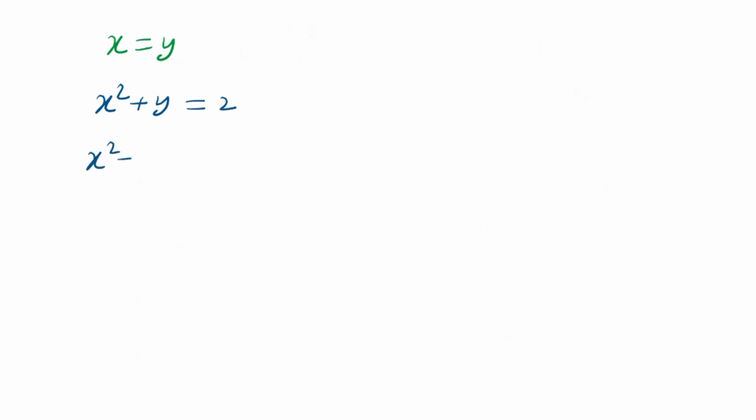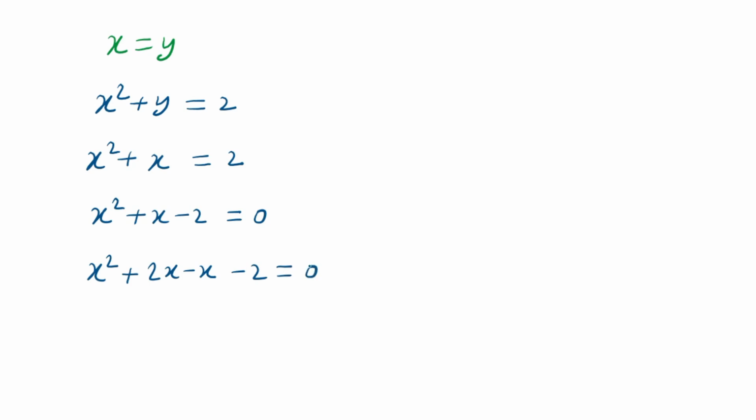Now x square plus, here x and y both are equal, then this y is replaced by x and this is equals to 2. Now if we take all the expressions in same side, then x square plus x minus 2, this is equals to 0. Look carefully this quadratic equation, this is factorizable. Here we will apply middle term split and then make factor in left hand side. X square plus x, and this plus x is twice of x minus 2, and this is equals to 0. Look carefully first two terms and then last two terms.